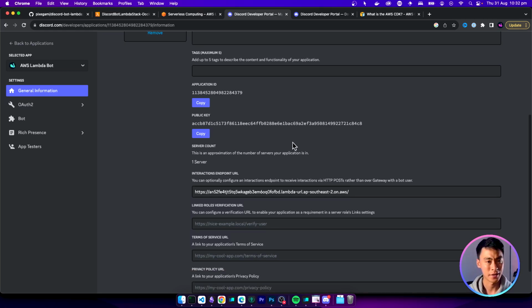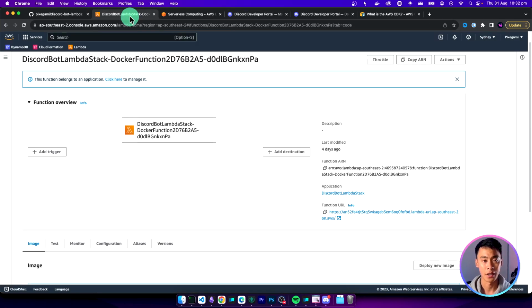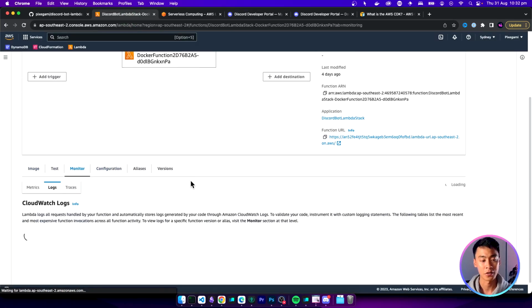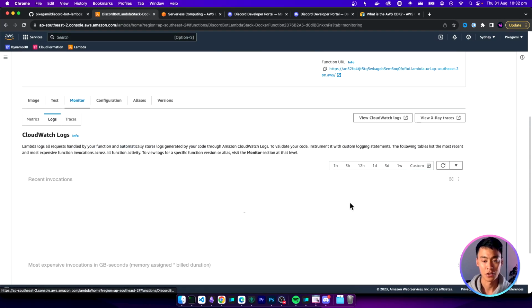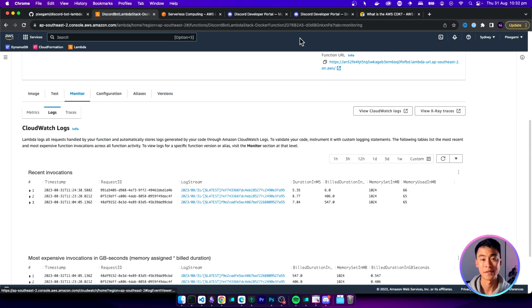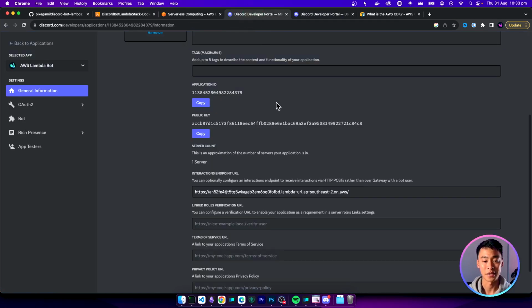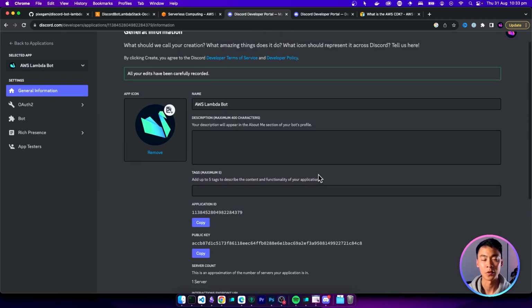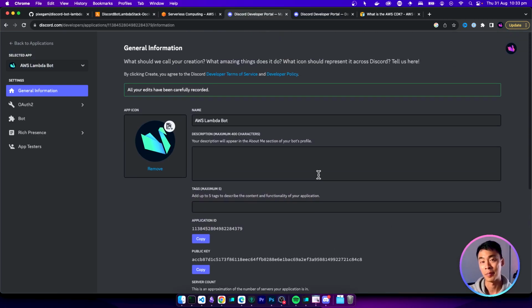If it doesn't work, then double check the steps again or go to your Lambda function and check for errors. And you can do that here and just go into monitoring and then basically just check the logs. So click into these and see if there's any errors that show up or if your keys are not put in properly or something like that. Because if you fail to save it on this page, it usually means Discord tried to verify the bot, but it failed for some reason. But if you are successful and the changes are saved, now the bot should be ready.